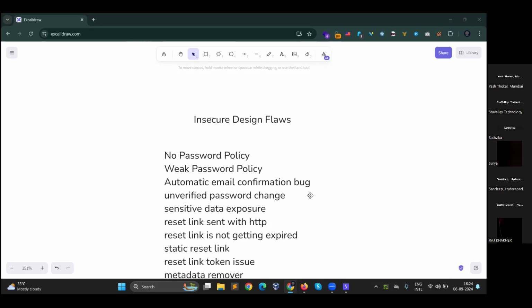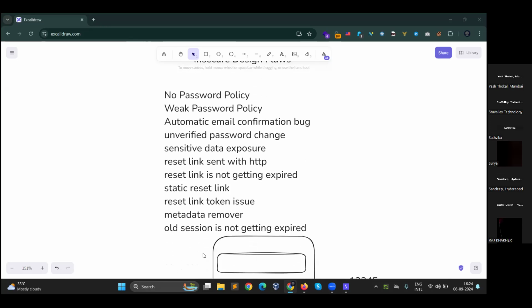Yes, this one, unverified password change. So it should ask for the old password. If you are trying to change the password, you should ask for the old password. And the next one is,